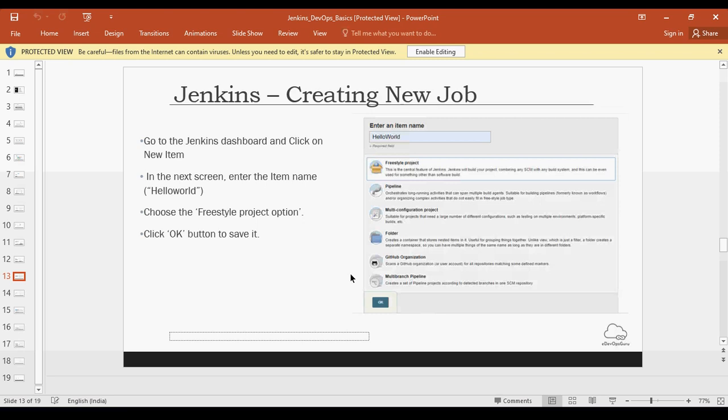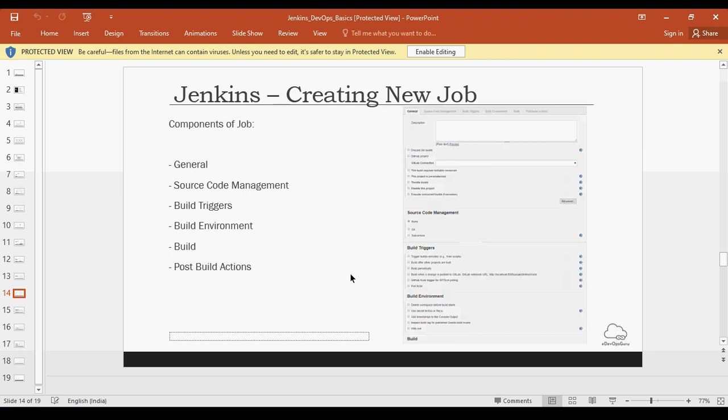It just gives you a basic interface where you need to provide the values. Then there is the management part, where you can provide what your SCM tool is.